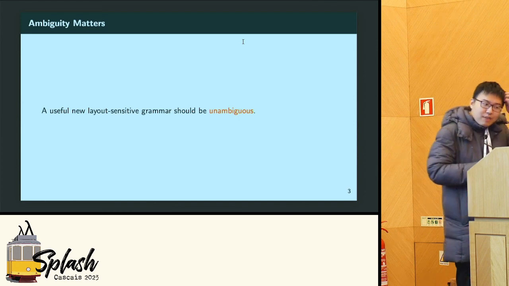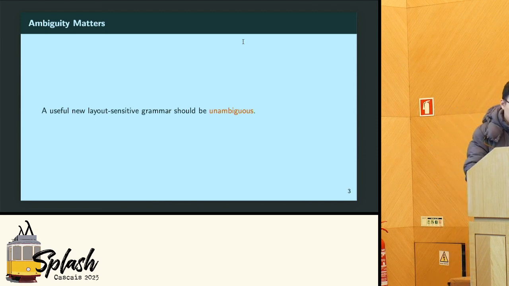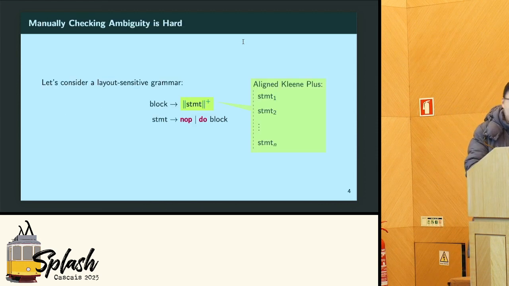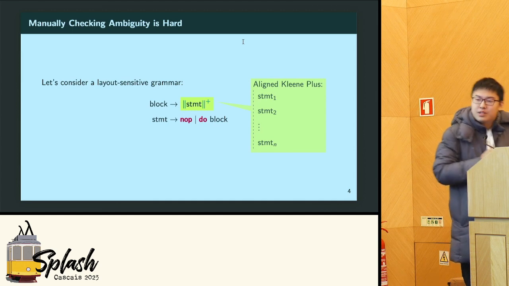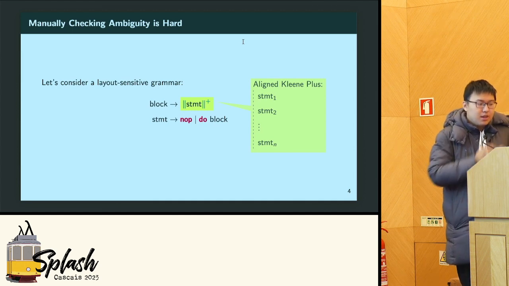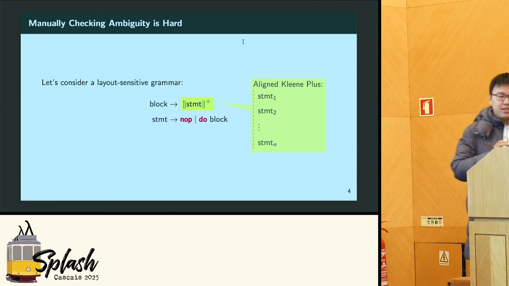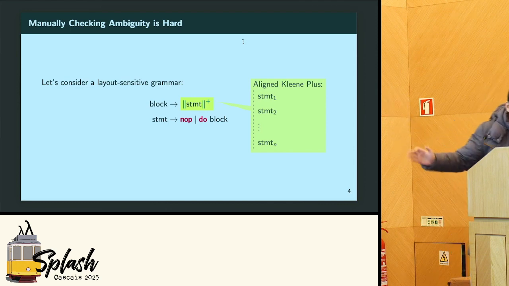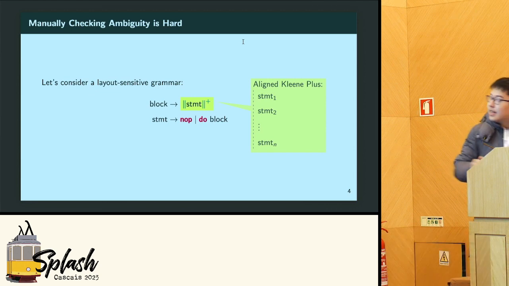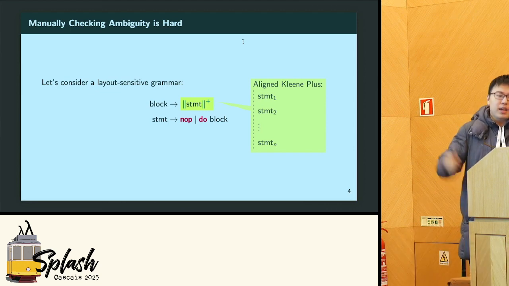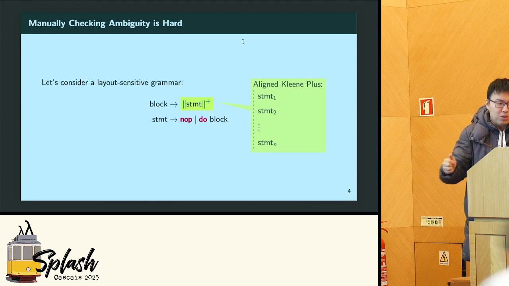But how can we check if a grammar is ambiguous? It might be tempting to try identifying and eliminating ambiguity manually, but it's really hard to do so. Here, we present a fragment of a layout-sensitive grammar used to describe statement blocks. There are two production rules, and the block symbol is the star symbol. Note that we extended EBNF to include annotations like this little double pipe symbol that acts as a